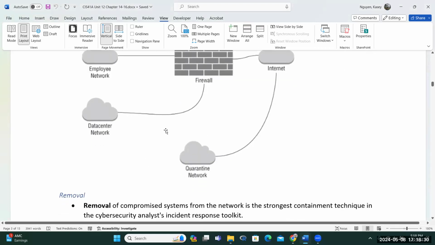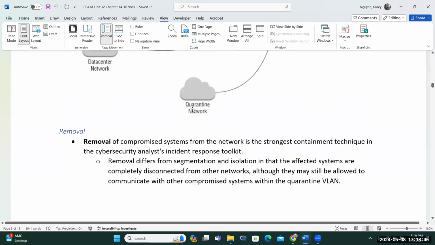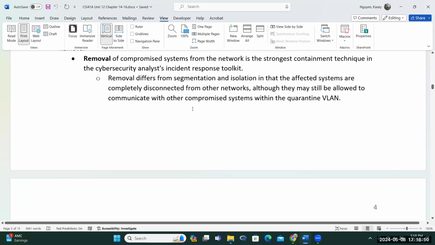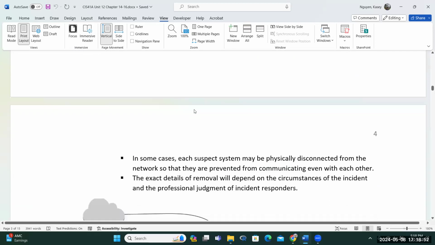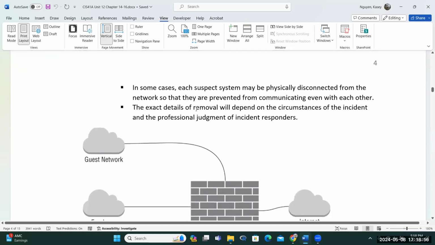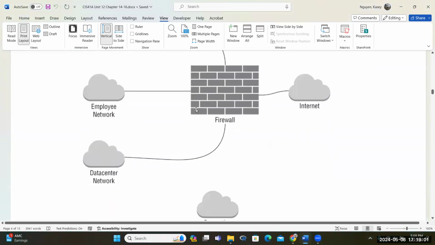So earlier we talked about containment. If you put in an isolated network, you can have a quarantine network and you can prevent that from impacting your regular network through security appliance and configuration. And then here it talks about removal. Ideally, I think that's probably the best approach, but it doesn't always work out that way. Our intention is to remove a lot of the problems or the issue.